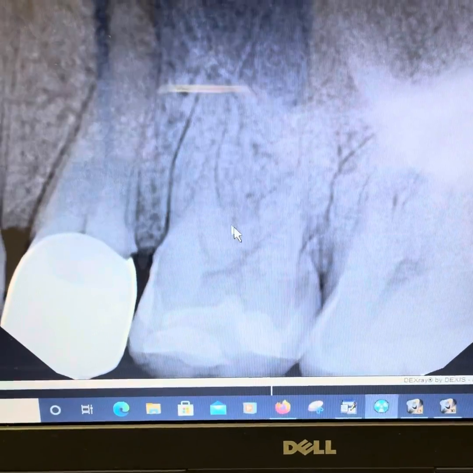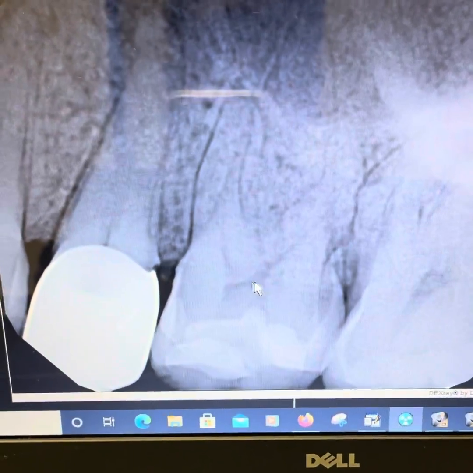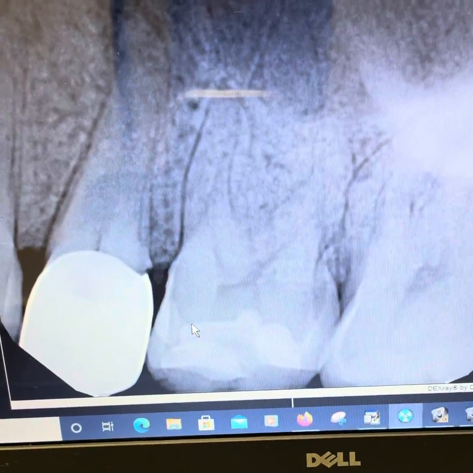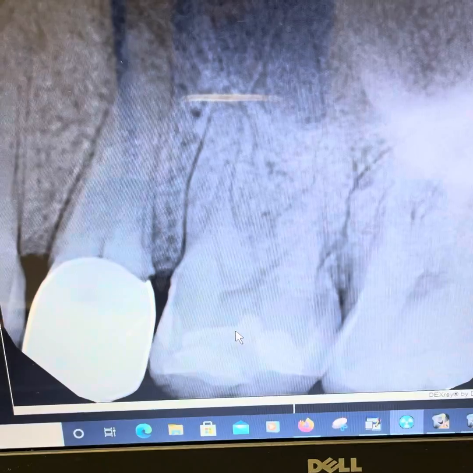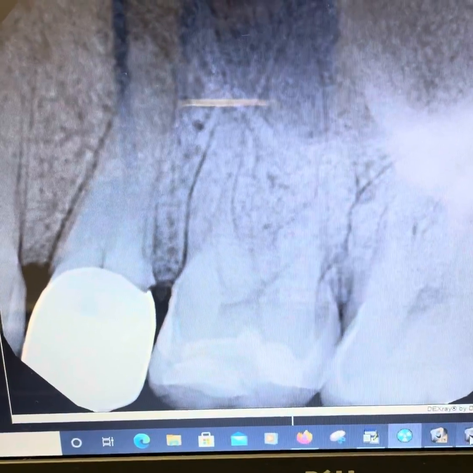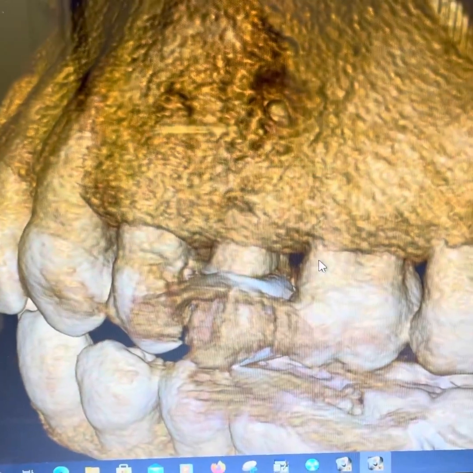This patient came in with pain on the upper left side. Tooth number 13 had a previous crown on it, and tooth number 14 had a pretty deep restoration. We decided to do a limited field of view 3D CBCT on this case, and this is the 3D bone